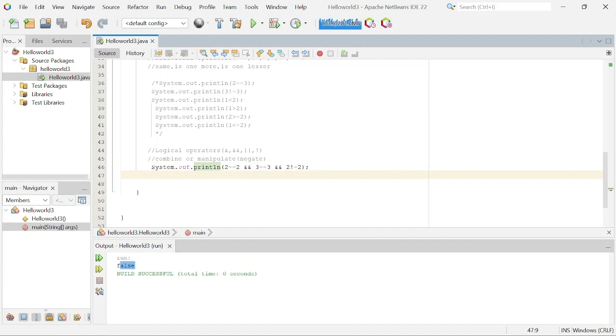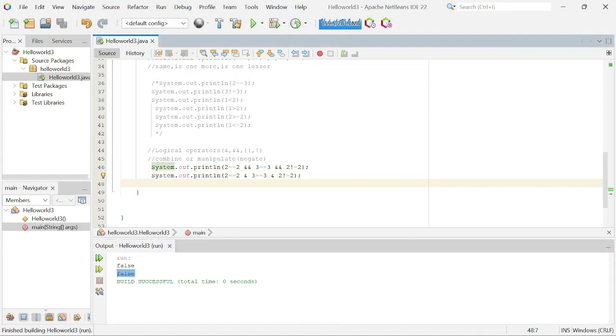So there are actually two signs. First is double and, and second is single and. Actually, if I replace the double and with a single and, you will get the same result. You won't see a different result, but there is a difference when using both of them. I'll explain later. Let's see this first. This is called and. This is called and, and this thing